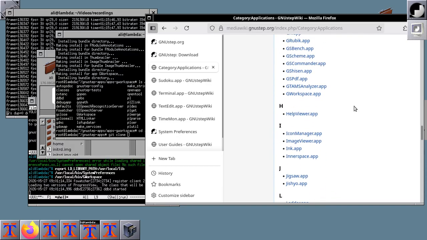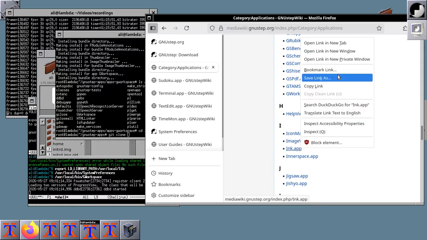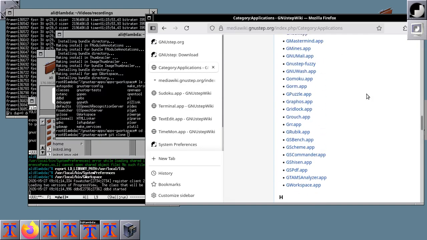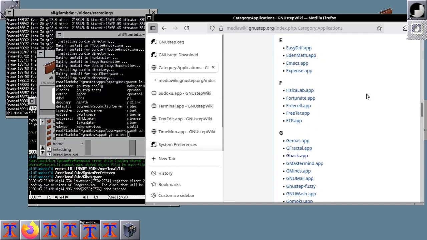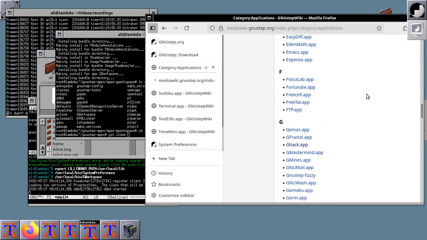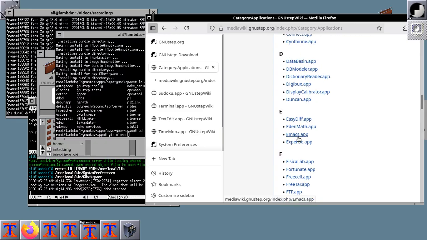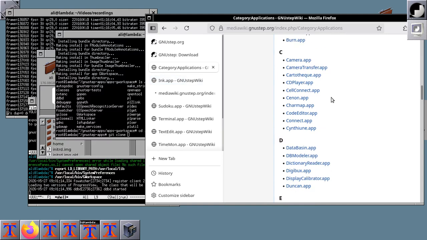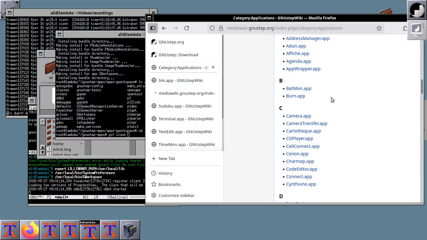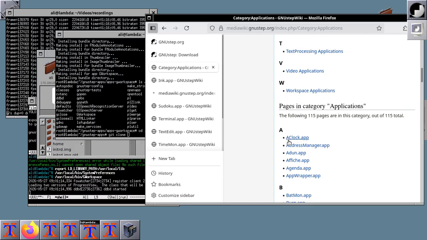Ink.app. I will never use GNUstep to open my PDFs. I'll just use XPDF. There's Emacs. Emacs in GNUstep will be very interesting. I wonder how they'll manage with other things. So there's AClock. AClock is a